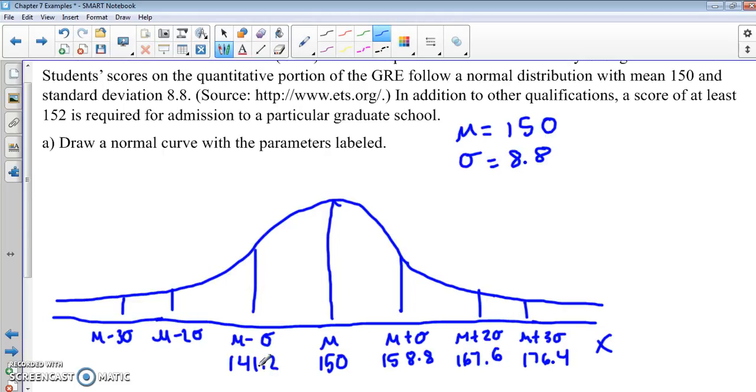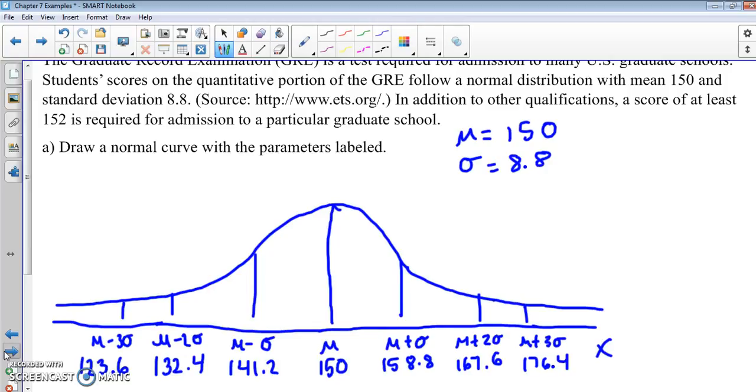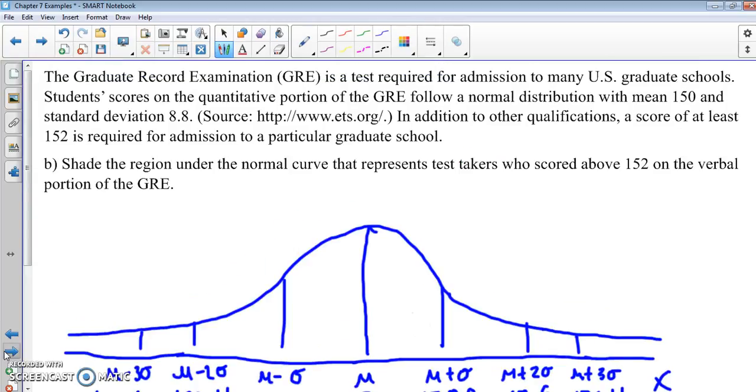and then if I subtract 8.8 from 141.2, we get 132.4, and then if I subtract 8.8 from that, we get 123.6. So we label that out with our 3 standard deviations above the mean and 3 standard deviations below the mean. So moving on to the next part, we have shade the region under the normal curve that represents test